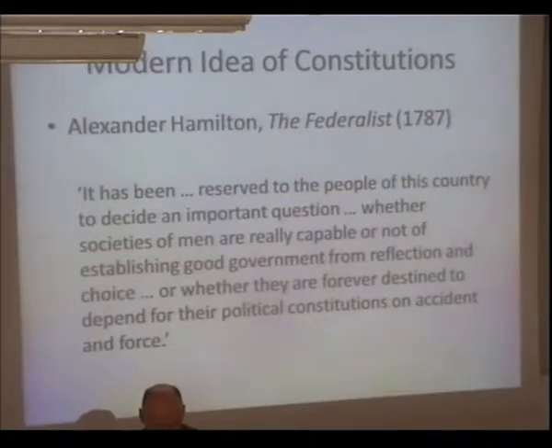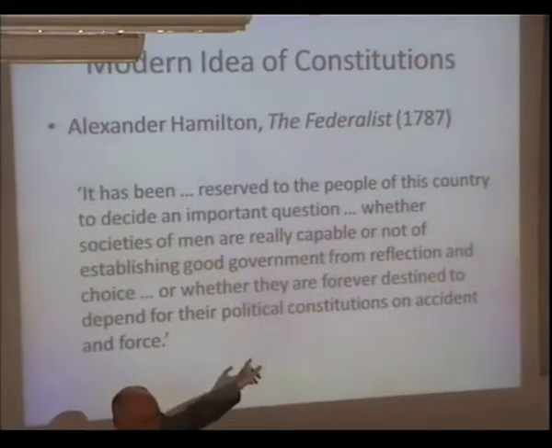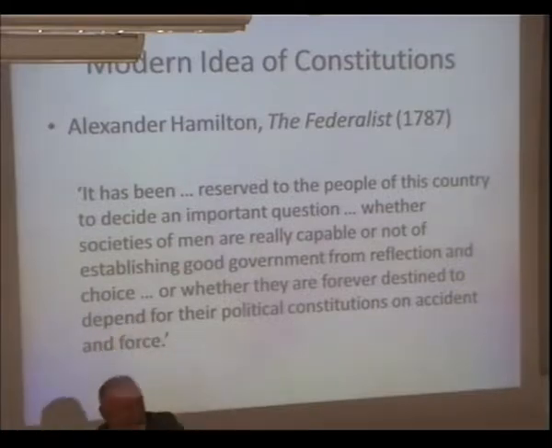So, that's a background on the traditional idea of a constitution. Let me come to the modern idea. And what we might say in retrospect is that Hegel, who was writing in 1830, a very old text if it were an 1830 text, we might say that in retrospect, Hegel was wrong. Because